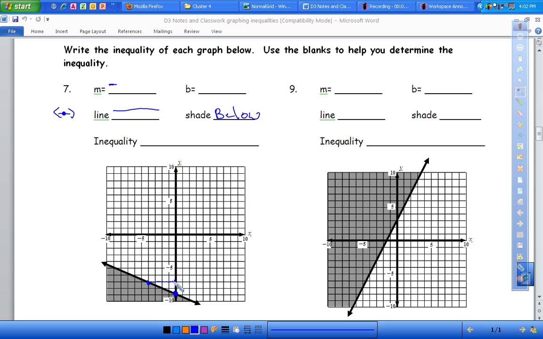Well, between these 2 points right here, I went up and down 2 spaces, 1, 2, and your up and down number, rise, always goes on top. Okay. And how far did I go left and right? How far did I run? 1, 2, 3, 4. I went 4 spaces. Okay, so my slope is going to be a negative 2/4, and I can easily see that negative 2/4 is